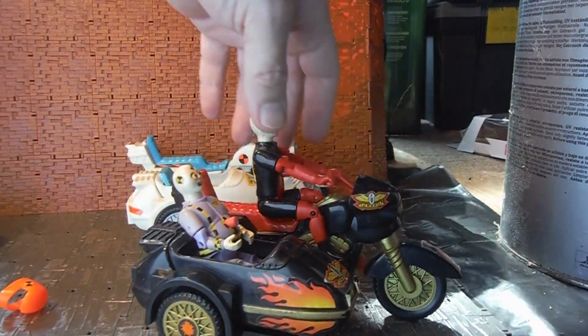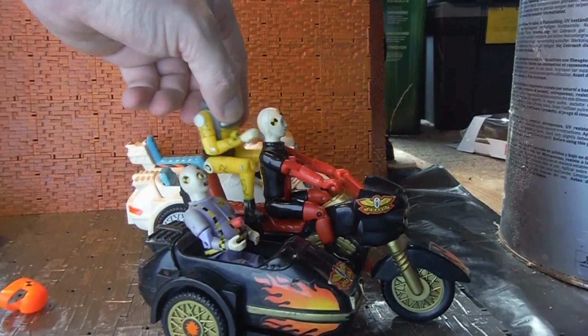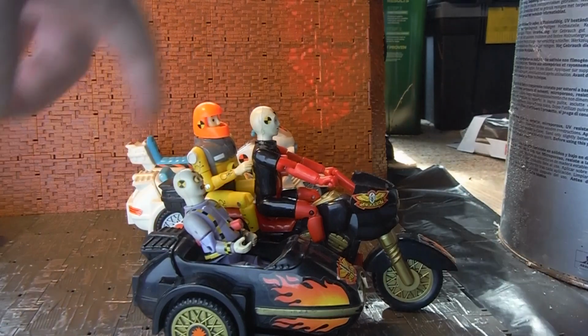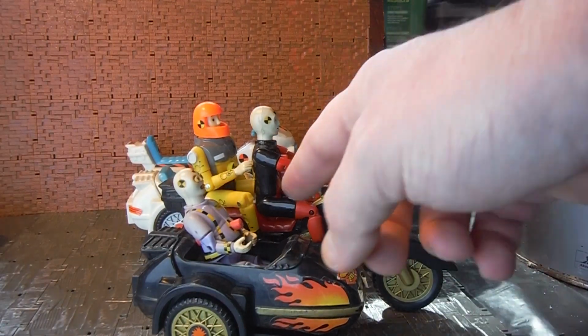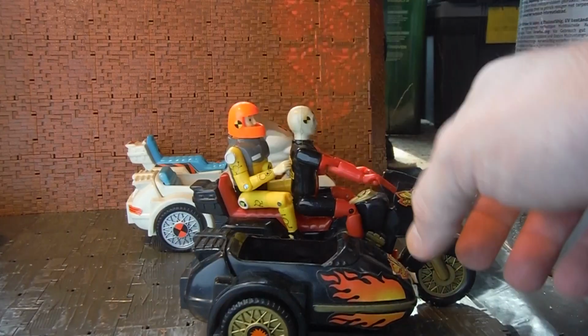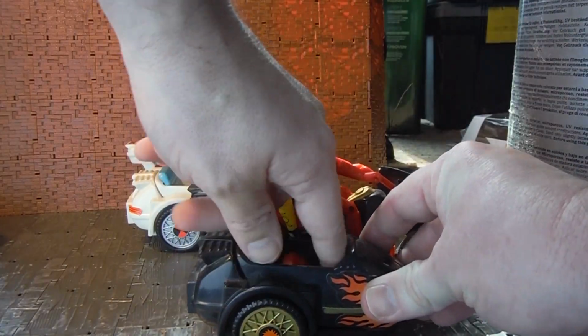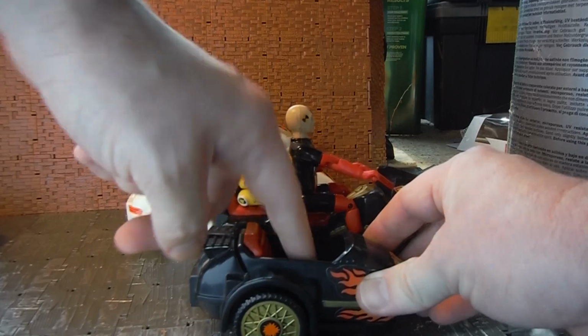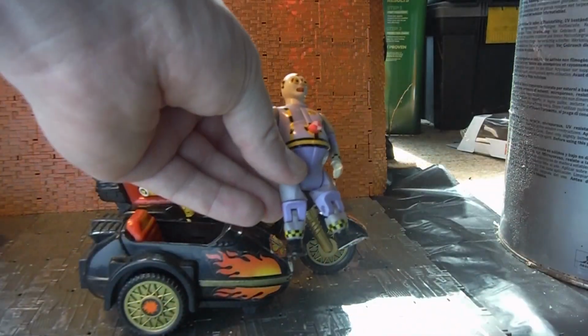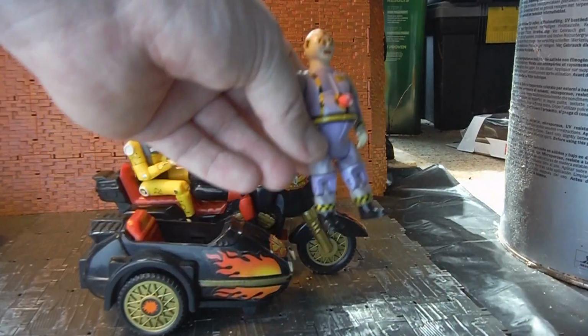So they were designed, they could actually fit 3 figures on the bikes in total. You'd have a figure in here in the sidecar. A normal size figure can fit in here. At the moment, for a demonstration, I'm using Spare Tire, which incidentally is the very first Crash Dummy figure I